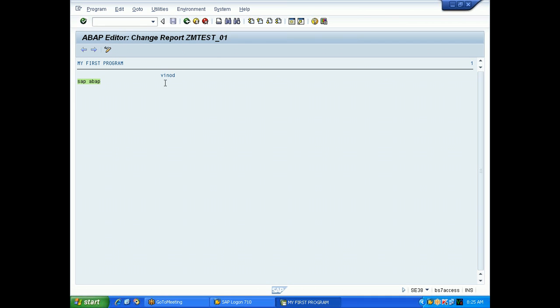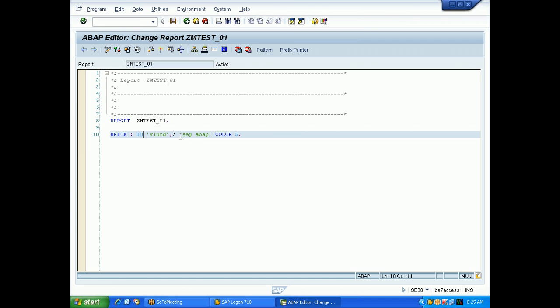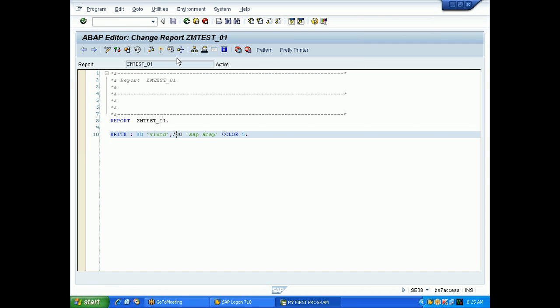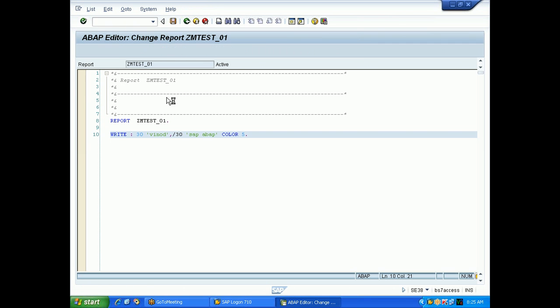Say for example, I want SAP ABAP also to be printed after 30 characters. I will give 30 here also, so that SAP ABAP will also be printed after 30 spaces. So like this. Now the next one is I want to give a space